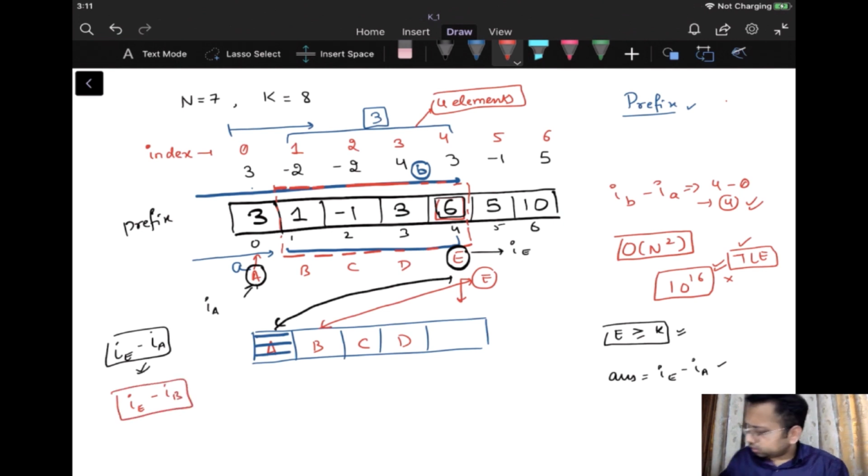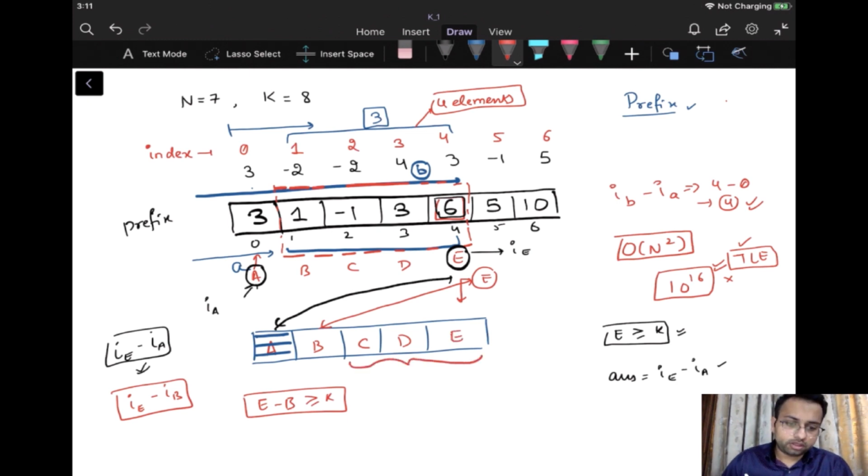It's possible that E minus B is still greater than or equal to k. It's possible that the sum of this particular range is still greater than k. So in this case, the answer would be IE minus IB and not IE minus IA.